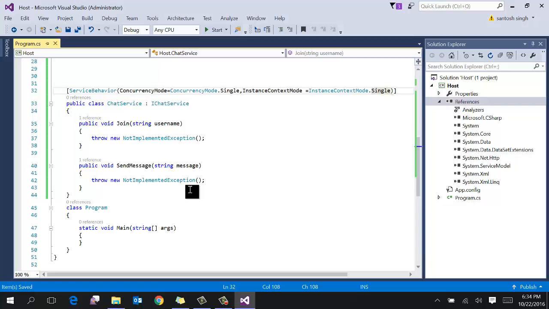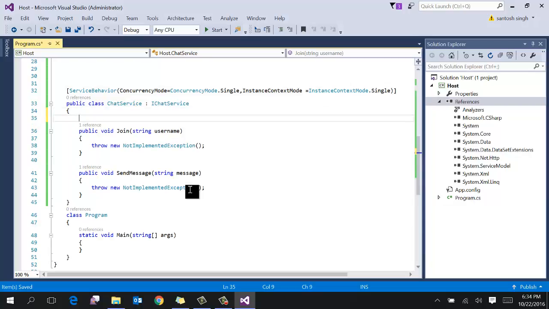InstanceContextMode is used to specify when a new service object is created. In our case we are using a singleton service. So let's implement Join and SendMessage.